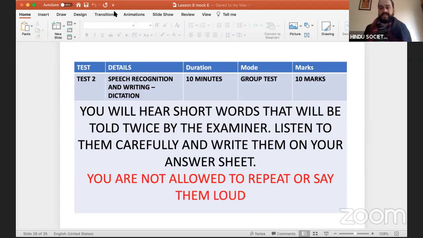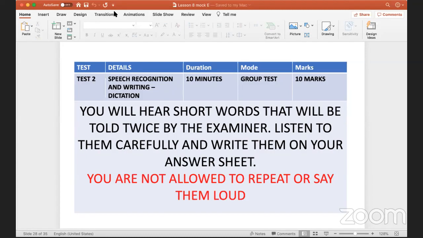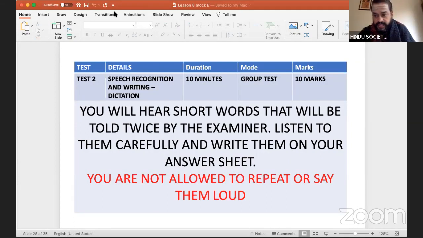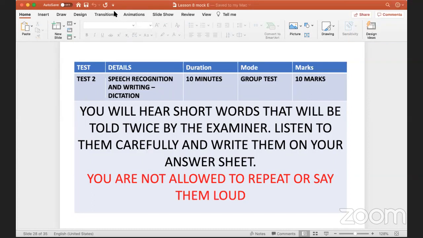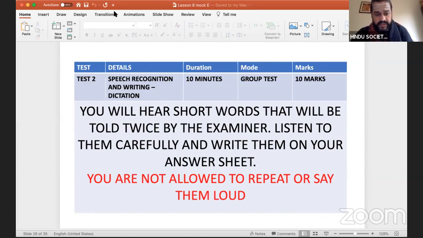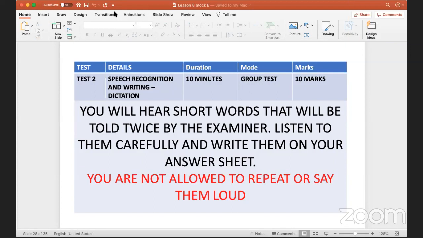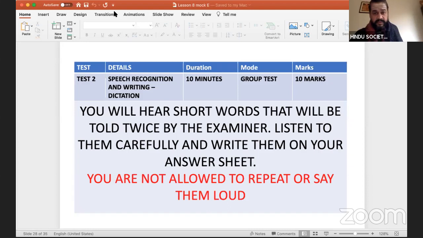Sriram ji, yes, go ahead. I have a question. Sure. Actually, I'm assuming that we have to write the words and then we have to read it and then send it. No, no. This is only writing. If you have written the words, just take a picture and send it to me. Reading will come later, after the lesson. Right now, because you have written it, just take a picture and send it to me. I will be correcting them later after the test, maybe during the day or tomorrow. But just take a picture and send it to me.